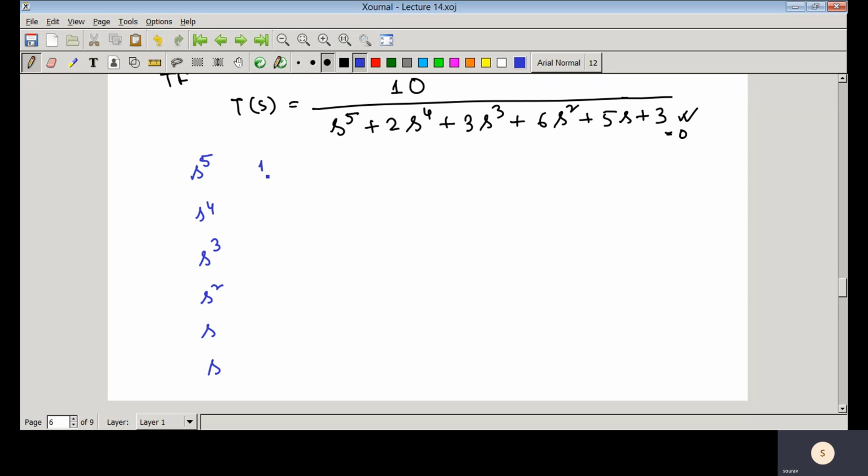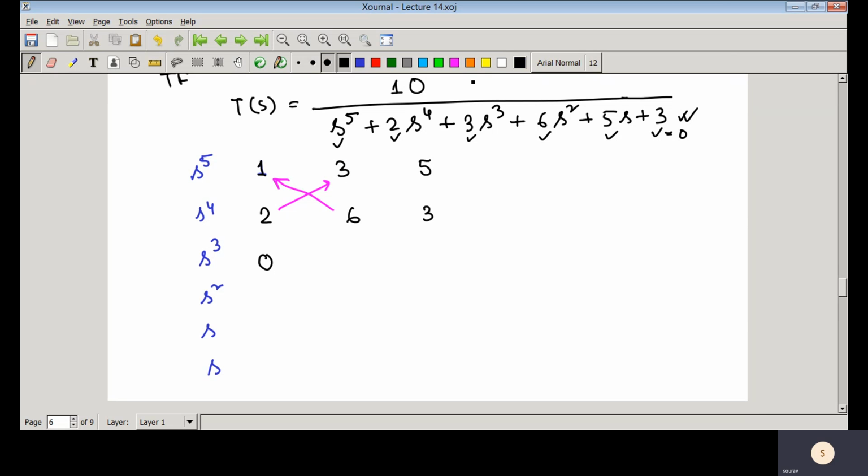So the first coefficient is 1 here, then 3, then 5, and here you have 2, 6 and 3. Now if we follow the multiplication rule like this, that would be (12 minus 6) by 2, that is equal to 0,